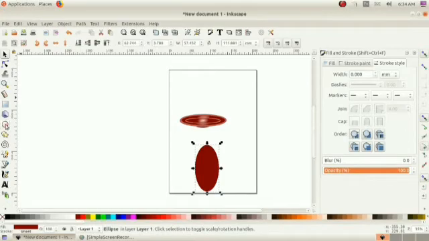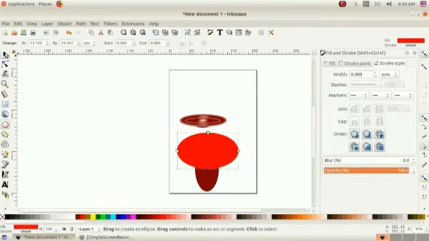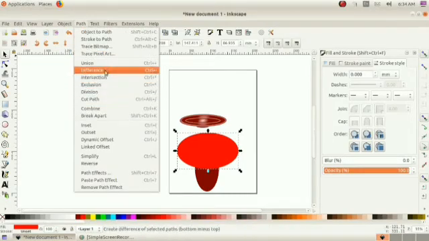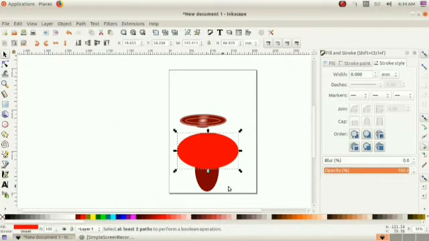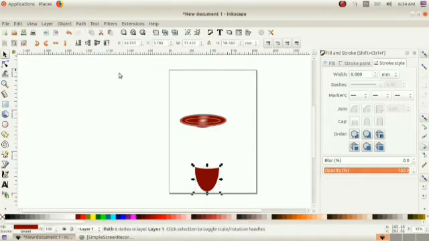Then use the option path difference. Select both objects together and use the option path difference. Now we get the shape of a cup.